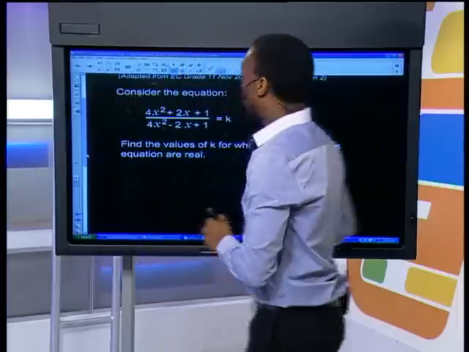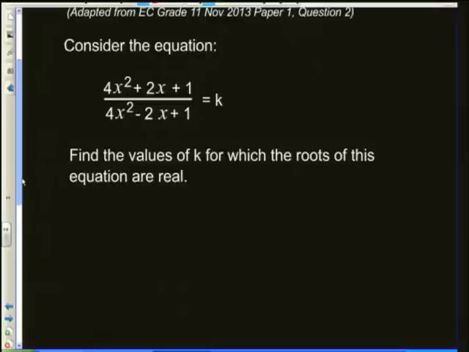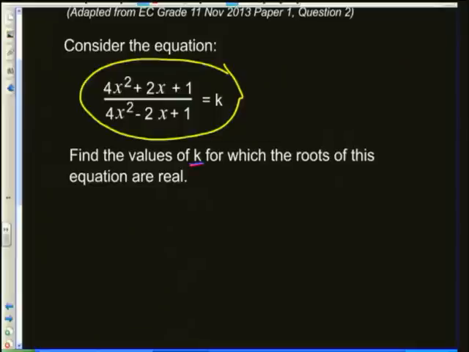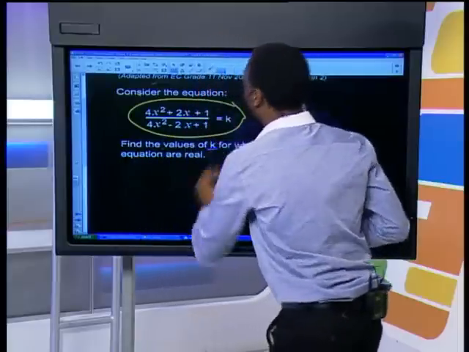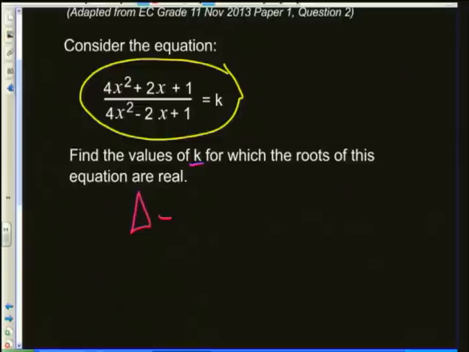Right, what does it say? It says consider this equation, doing lots of equations today, and so there they give you that equation there, and now they say find the values of k for which the roots of this equation are real. So this should ring bells that this is a nature of roots question. With nature of roots you should be thinking the discriminant. So what is a discriminant? Discriminant is equal to b squared minus 4ac,